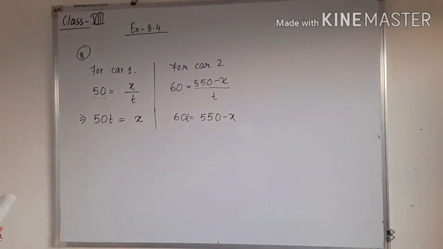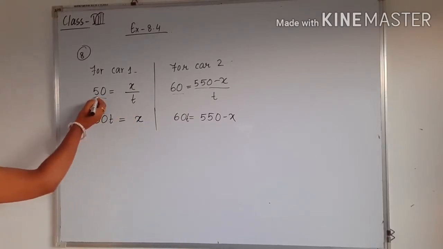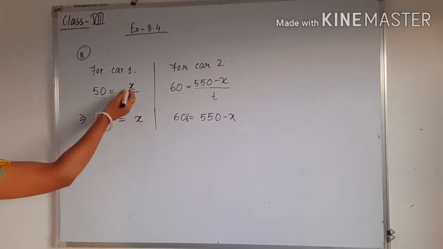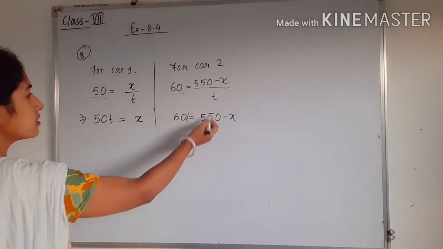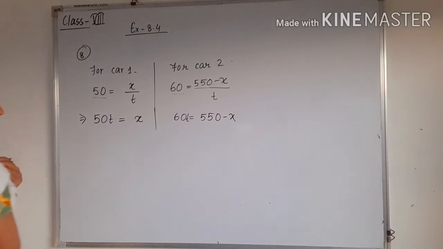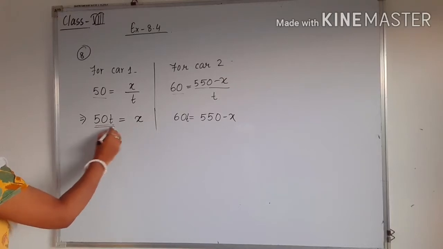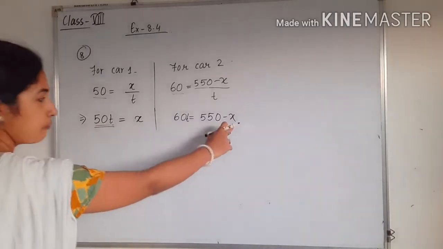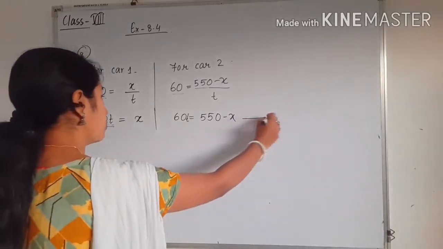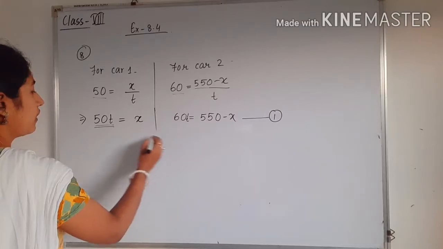Now just transpose t to that side, and we get 50t is equal to x. Similarly, transposing t, we get 60t is equal to 550 minus x. Now the value of x is 50t, so just put this value in place of x. Let us call this equation 1 and put the value